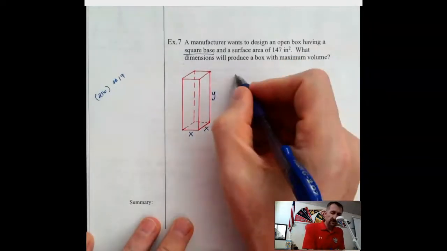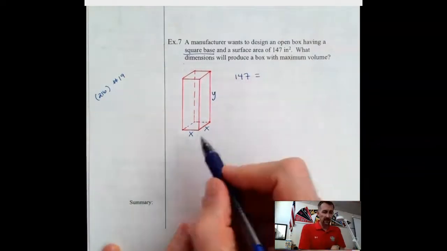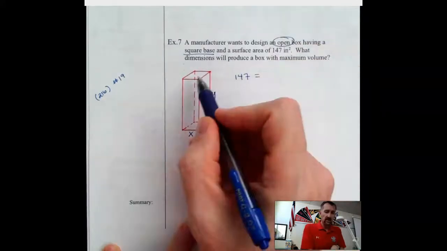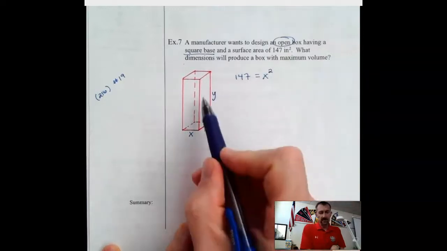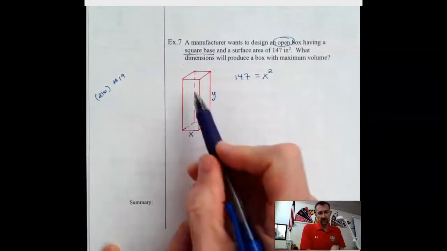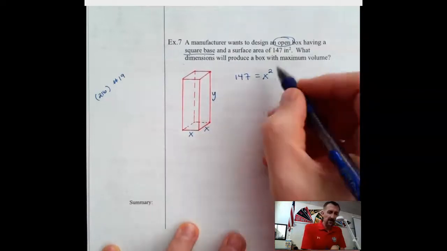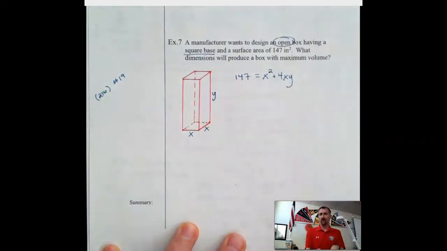The surface area is 147. So we can write a formula for the surface area here. It's an open box, so there's nothing on top. So that's just going to be x squared. And then these longer rectangles around the side, the area of each of those is going to be x times y, and there are 4 of them. So that's going to be 4xy. Okay, so draw a picture, come up with an equation,